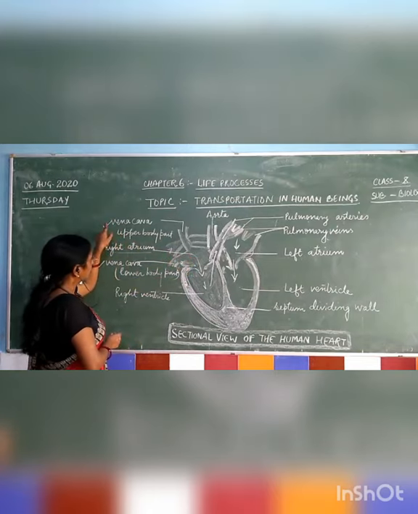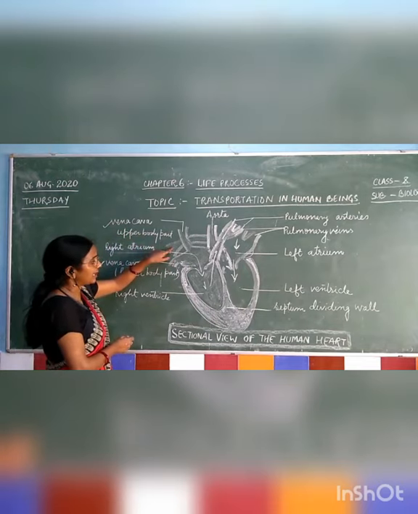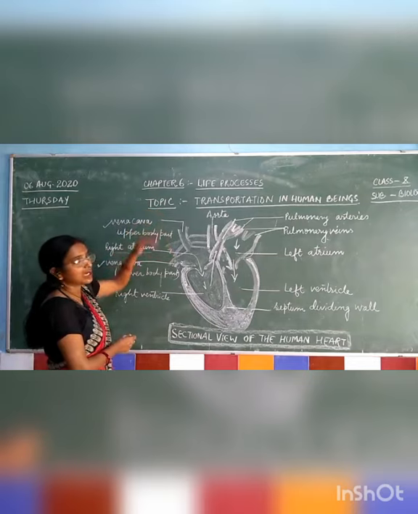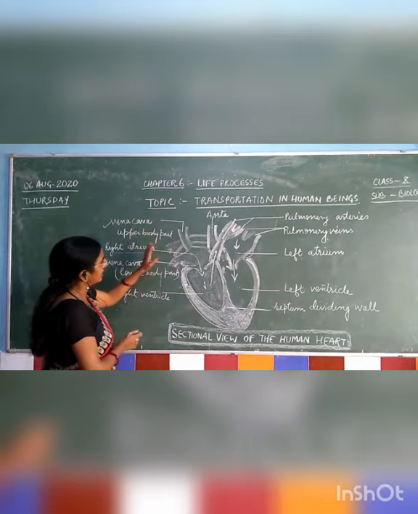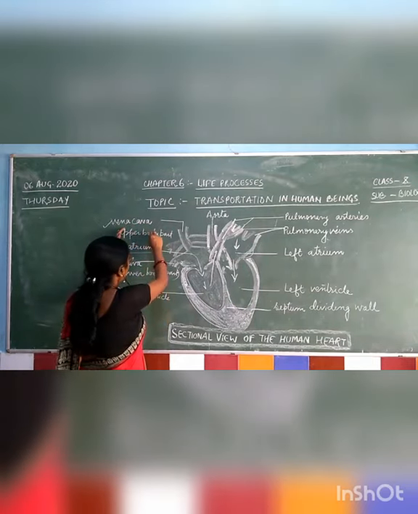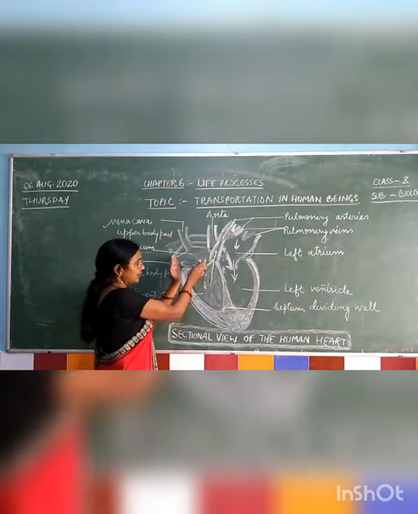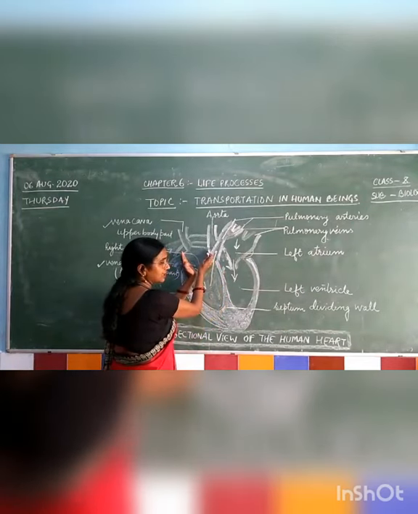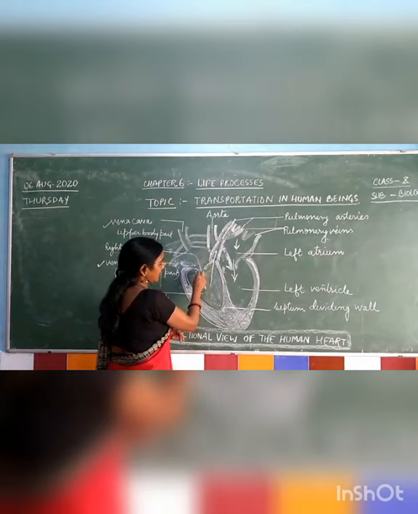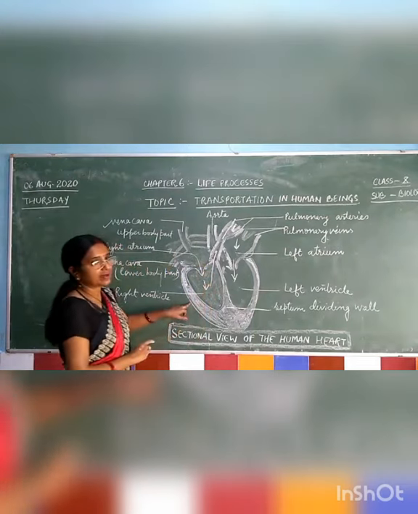Similarly, the superior vena cava collects the blood from the upper body part. Upper body part means the body parts which are above the heart. From there, the deoxygenated blood is collected. Both these vena cava fill this chamber. Which chamber? The right atrium. As soon as it gets filled, this chamber expands and it contracts. As it contracts, it creates the pressure by which the septum, this valve, gets opened and the blood comes to this chamber, that is the right ventricle.